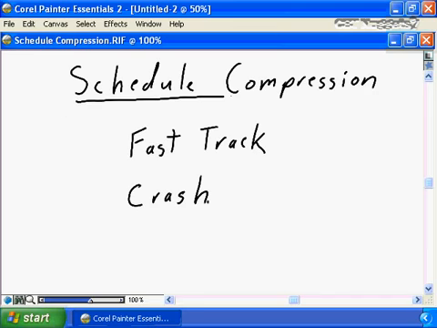As a result of the work you did during project control, as a result of tracking the actuals and entering the revised ETCs, it's entirely possible that your project is forecasting a later finish date than originally planned. It's time to start to look at what techniques we can apply to compress the schedule. It's time to start looking at what techniques we can apply to try to improve the project end date. These compression techniques can be categorized as fast tracking and crashing. Fast tracking says, what can I do